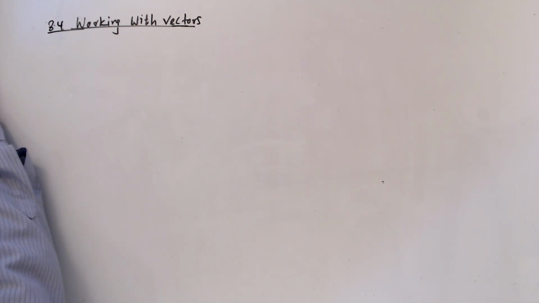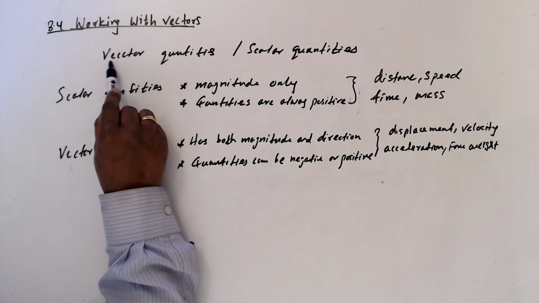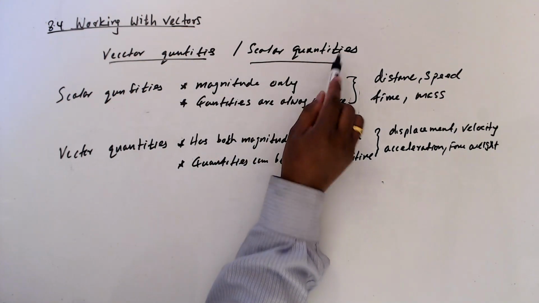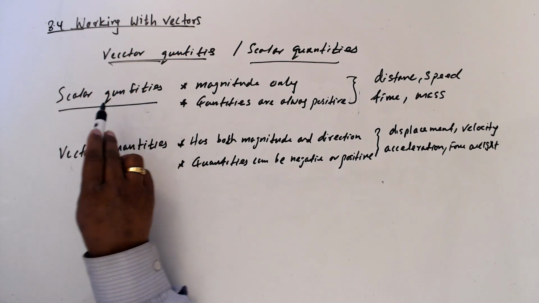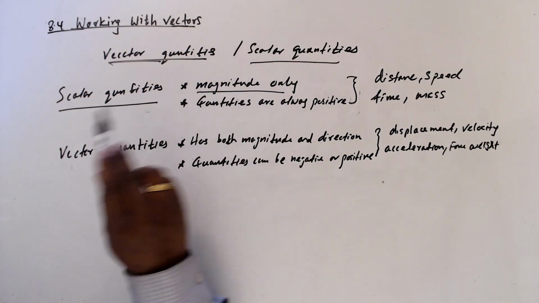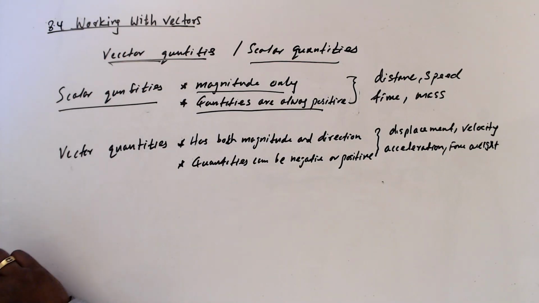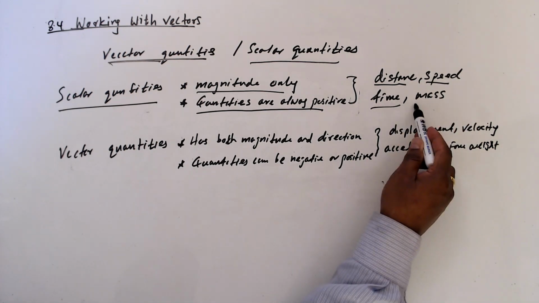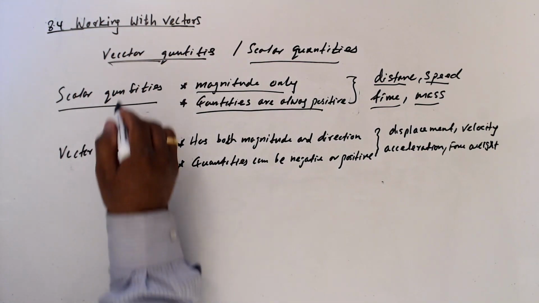Chapter 8.4, Working with Vectors. As you know, there are two types of quantities. One is vector quantities and the other one is scalar quantities. Now, scalar quantities have only magnitude, and the quantities are always positive. So it can be distance, speed, time, mass. There are more, but